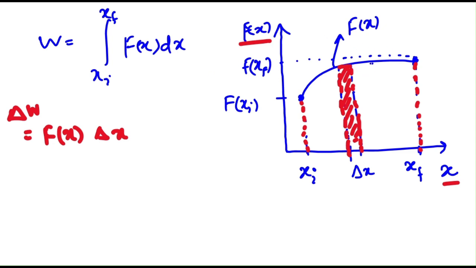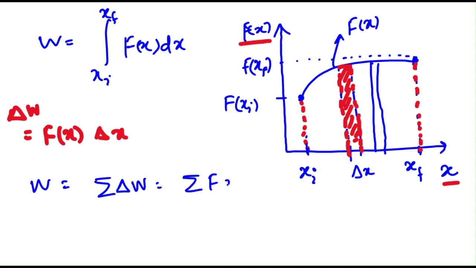On the x axis, we can slice all regions. Here we can take also delta x, and so on. We can take from here to here so many things. So we can say W is the summation of all those smaller areas, f(x) delta x, just repeating that. And if we take delta x to be 0, within this limit, we will get W equal to this much. So work done finally is here,